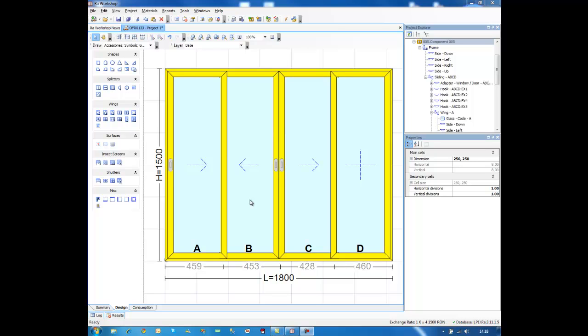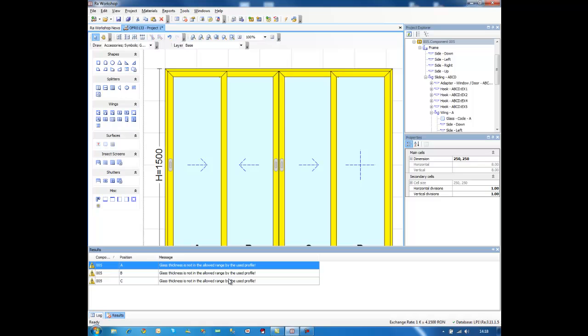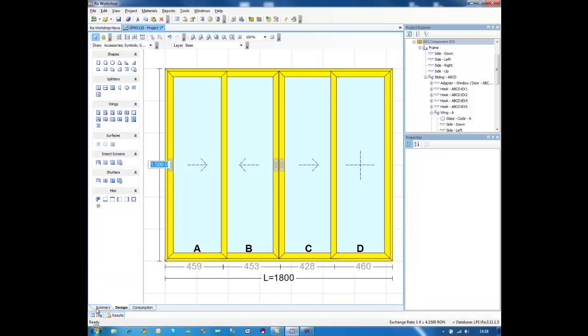Shop also makes some checks when you design windows and doors, and checks if the shape of the profile allows you to get some angle, some type of join, if the glass fits inside the sash. Right now, for example, I have some warning telling me that the glass will not fit inside this sash. This sash is for single glass only, so in order to get rid of this warning, I will have to